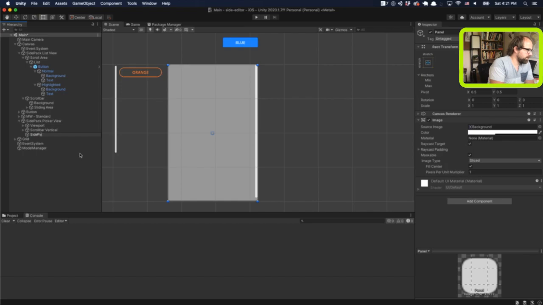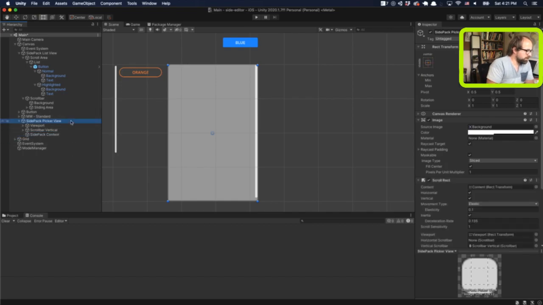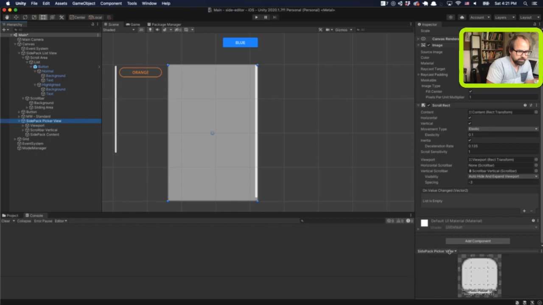Side pack content is the panel, and then on the side pack picker view, we're going to add a new script called